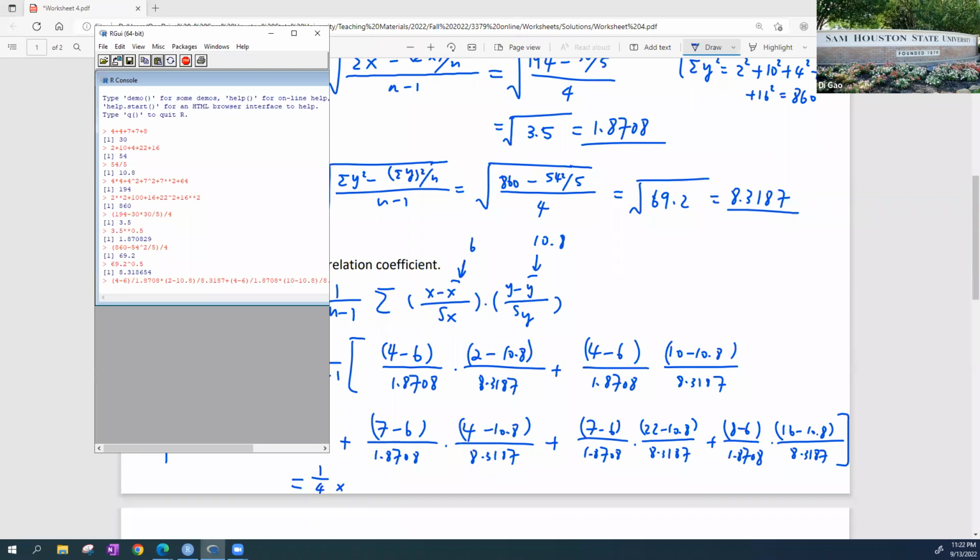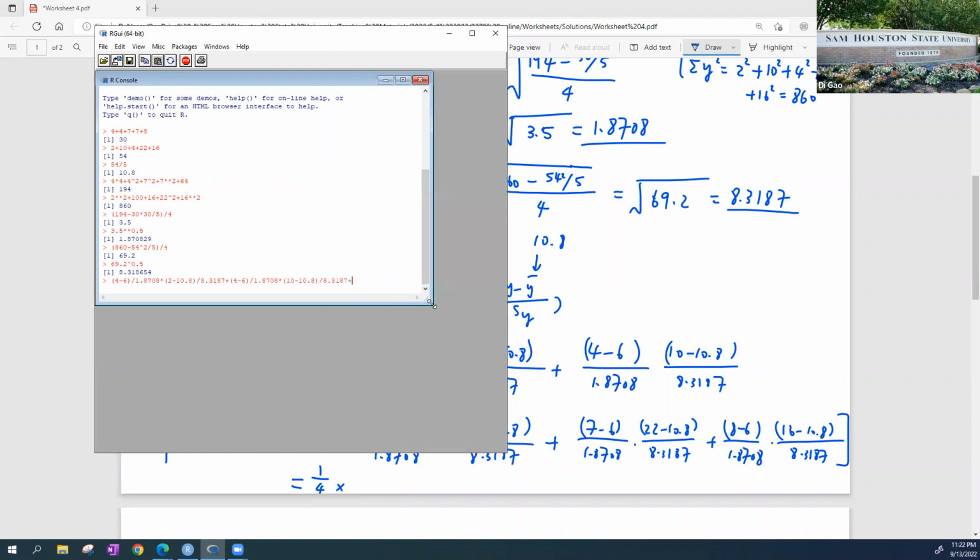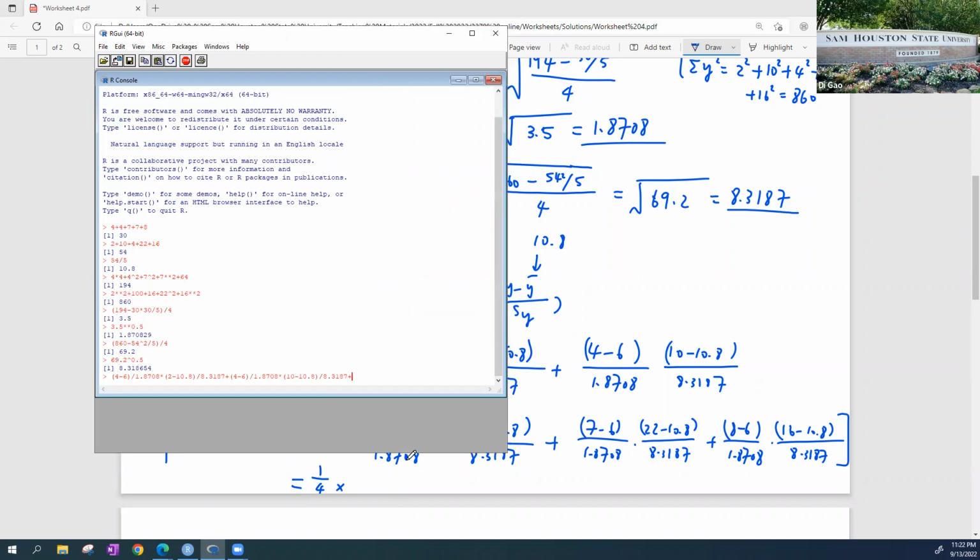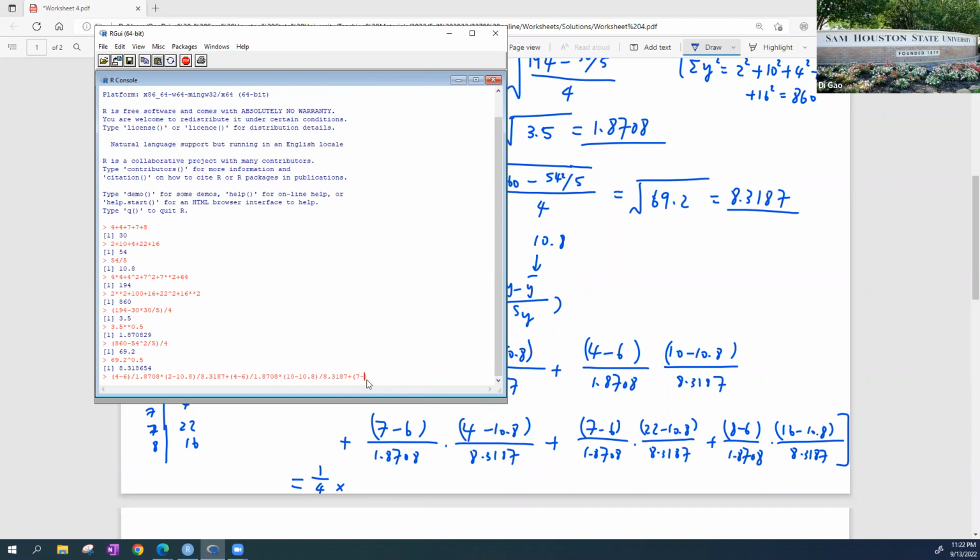And then we plus the third one. 7 minus 6 divided by 1.8708 times 4 minus 10.8 divided by 8.3187